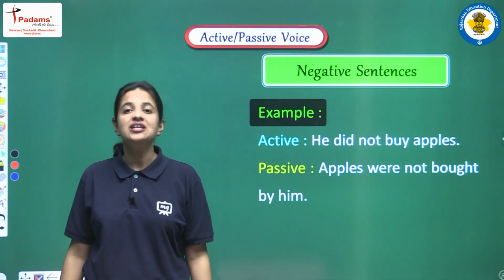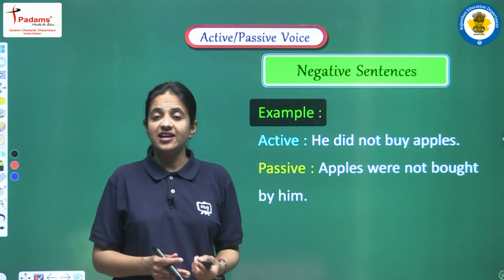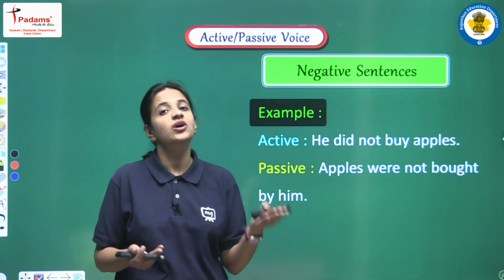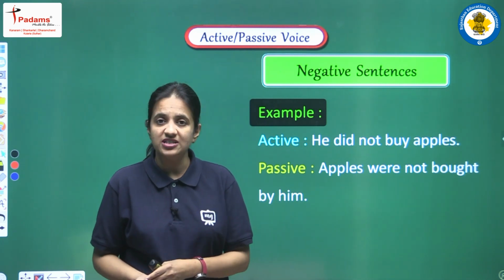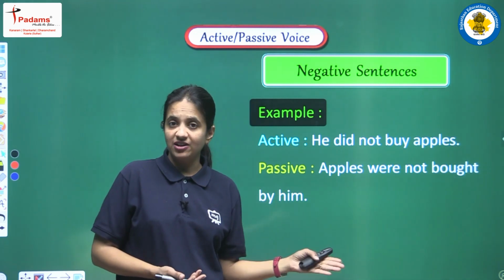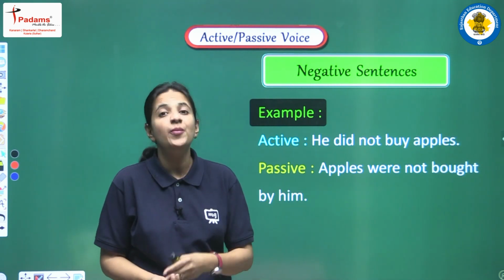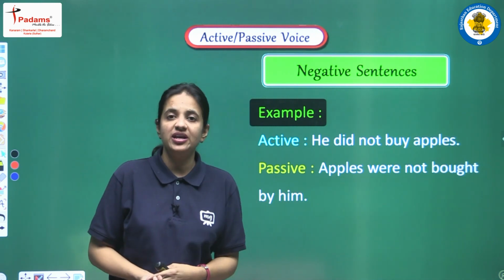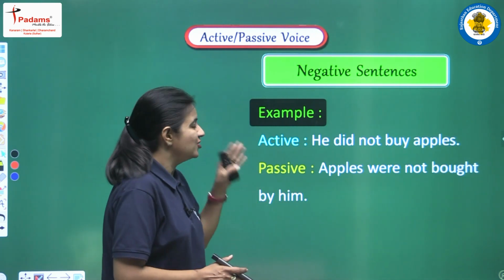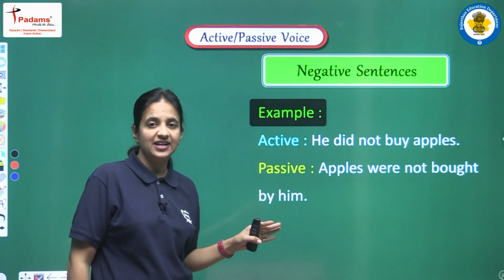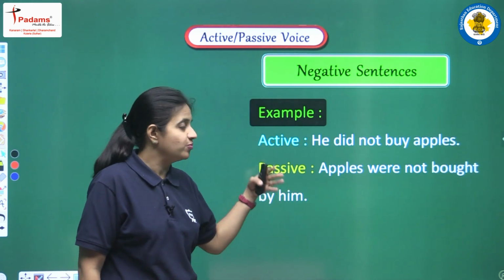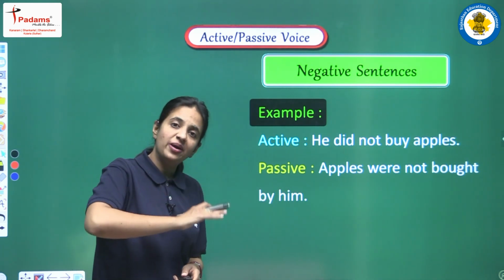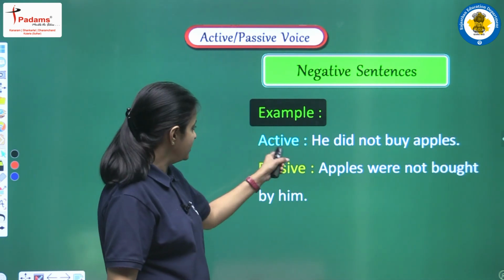Moving on, now we are having negative sentence. So yes, in active voice we can have negative sentence, and as I have told you earlier that we cannot change the form. If you are having positive in active voice, make your passive voice in positive. If you are having interrogative in active voice, make your passive voice in interrogative form. And if you are having negative in active voice, then your passive voice should be in negative form only. So let's see some of the examples of negative sentence. Let's observe the structure, how can we convert the negative sentence from active voice to passive voice.